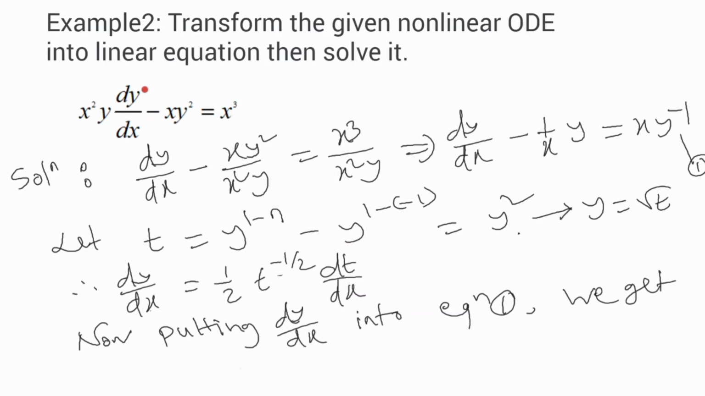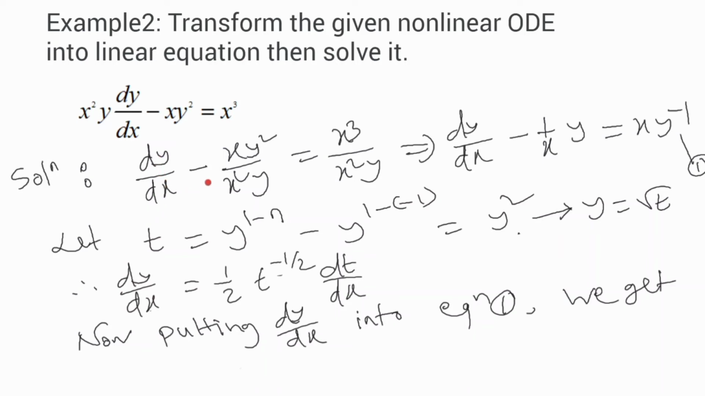So this equation is a nonlinear equation because the power of y is 2. Here y is the dependent variable. Also, the coefficient of dy/dx is x squared y, that means a function of the dependent variable. So now we divide this equation by the coefficient of dy/dx, meaning we divide this equation by x squared y,